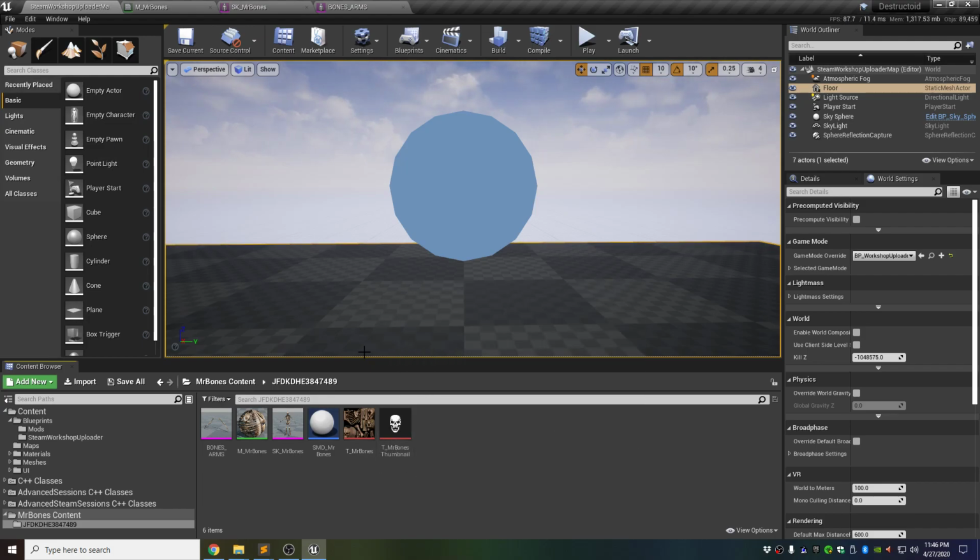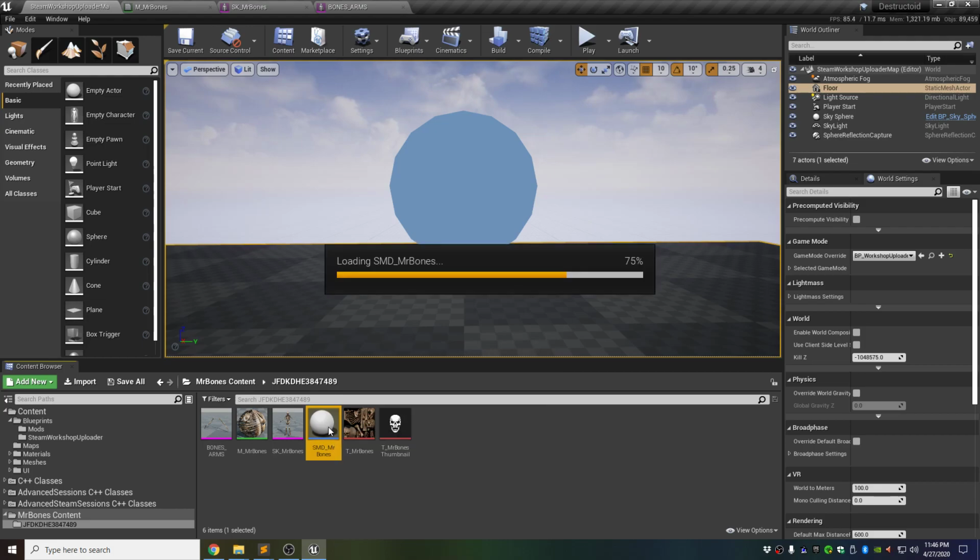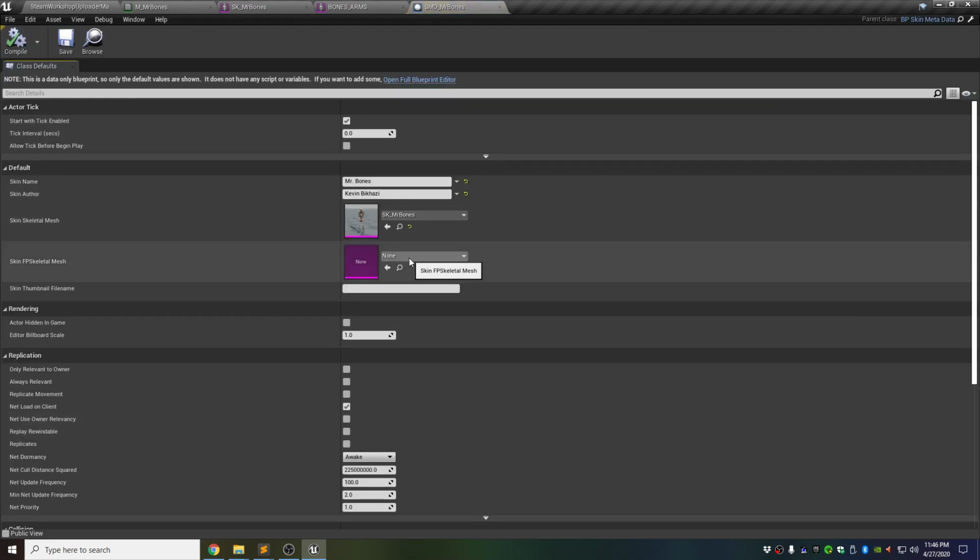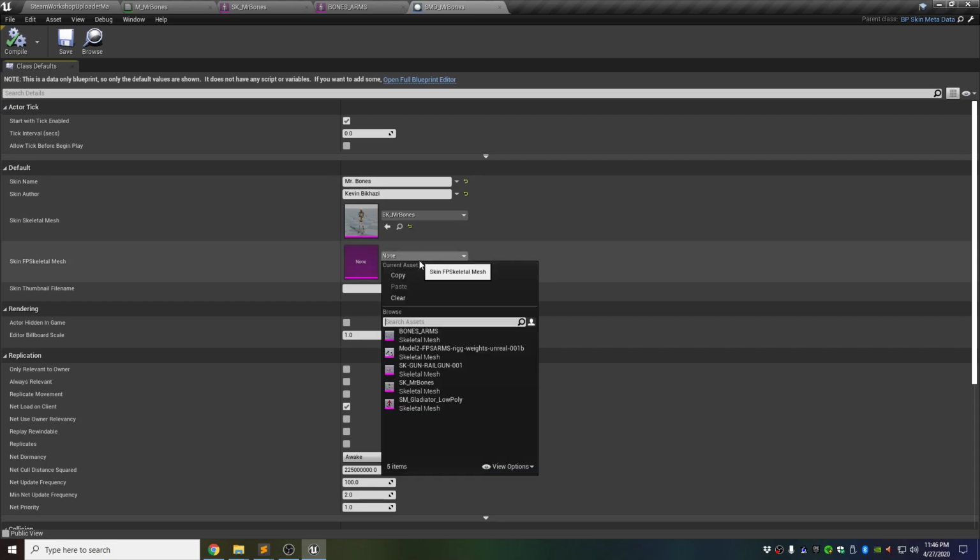So what we want to do now is finish setting up our skin metadata. It kind of opened it into a different view this time. If you want the previous view, you can always hit this open in full blueprint editor. Not really necessary because we're just filling out this default data right here. So yeah, we want to point it now to, let's see,